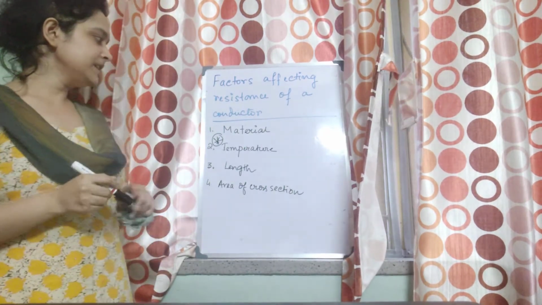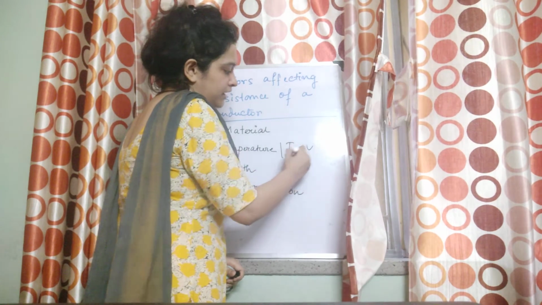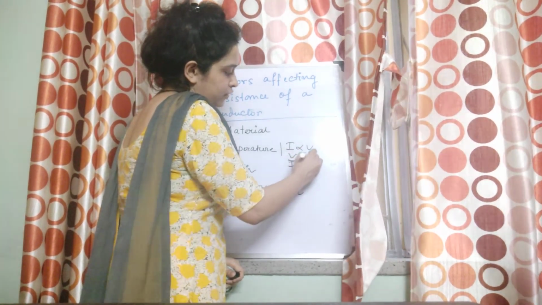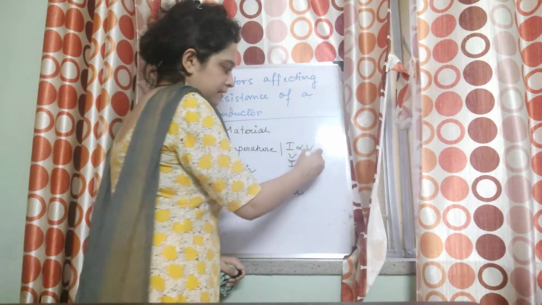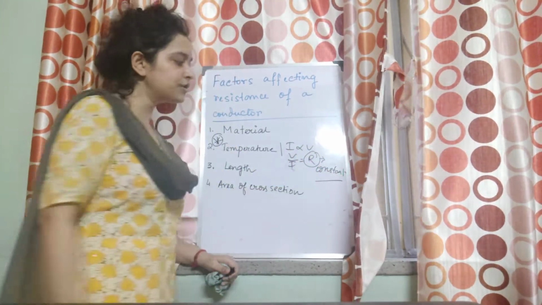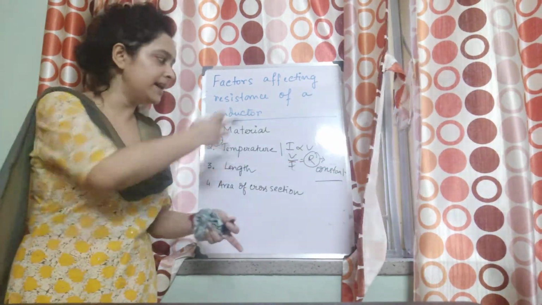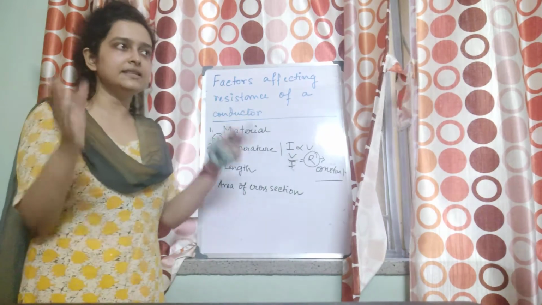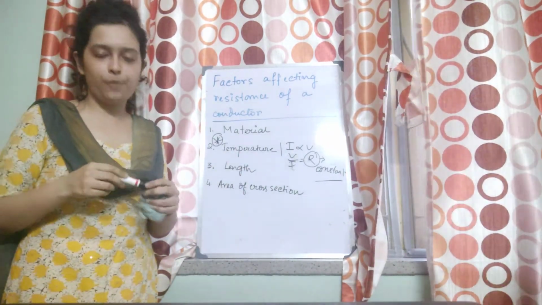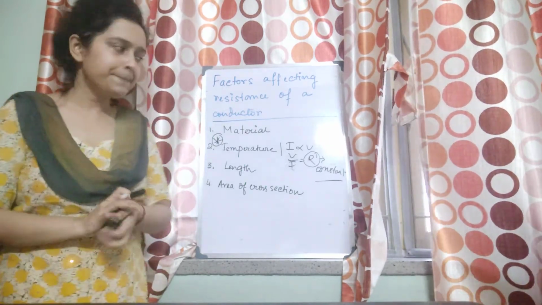Okay? So that is why I proportional to V, or V by I equal to R as constant, this will not remain valid, because if temperature changes, R will change, then V by I will not remain constant. Then you will see that from the graph or from the experiment you are not getting the proper values, or you are not getting what is desired. Okay?